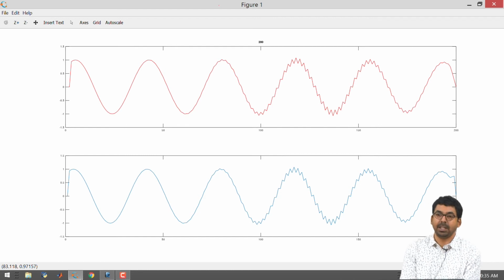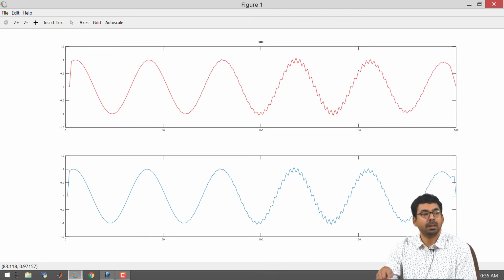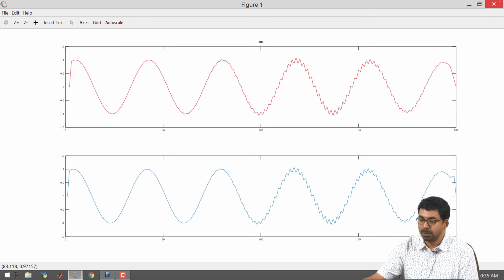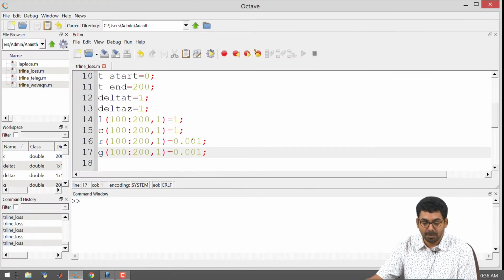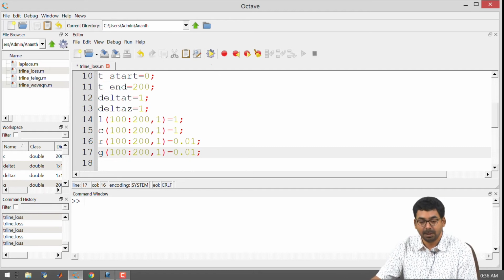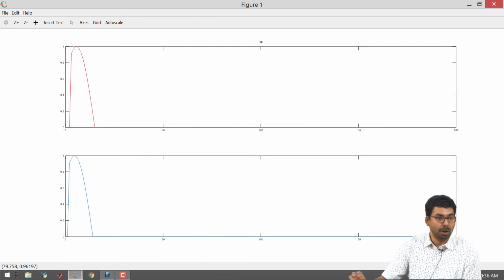We did not make any change in the way we write our update equations. It seems like something is happening on the right hand side. But when you see distortions like this, usually it is a sign of something big. So, to make it even bigger, I am going to make it 0.01 and 0.01 for R and G instead of 0.001, and it should blow up.